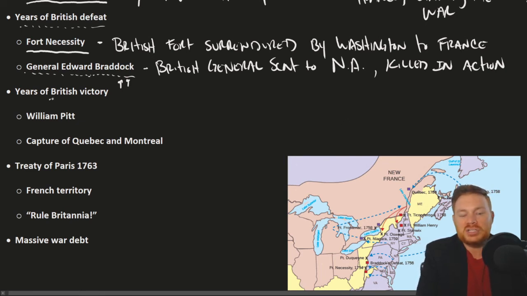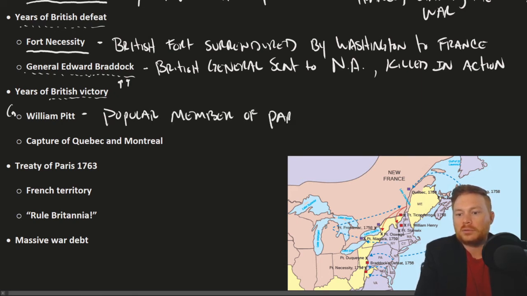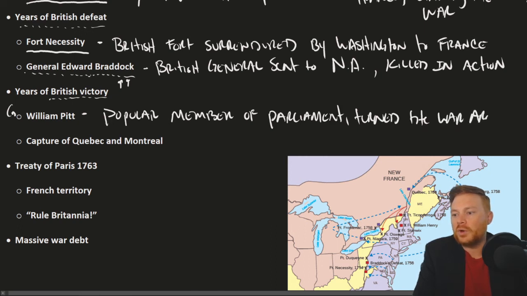However, though, the British did turn the war around. That was thanks to William Pitt. We'll call him a popular member of Parliament. He turned the war around. And one thing to take note of about William Pitt as a member of Parliament is that he was somebody you could say that understood the colonists. He was, in some cases, one of the best representatives of the colonists in Great Britain. We'll just say that he was well-liked